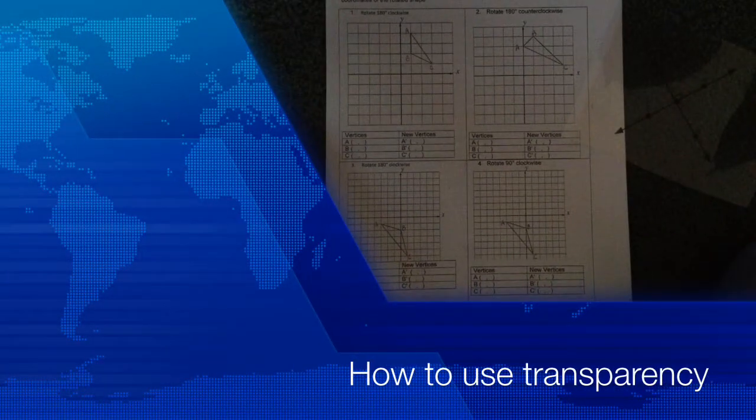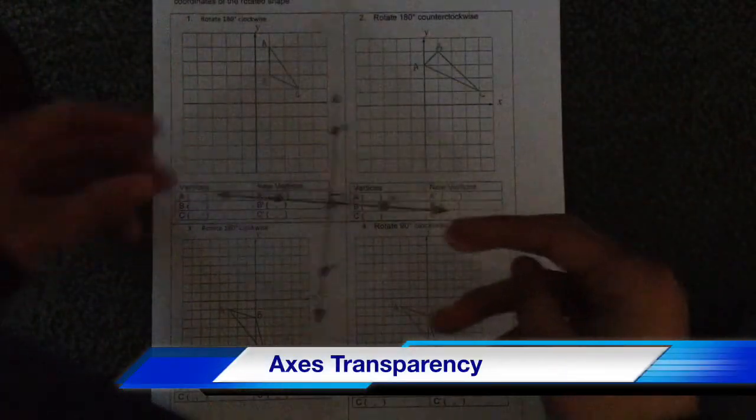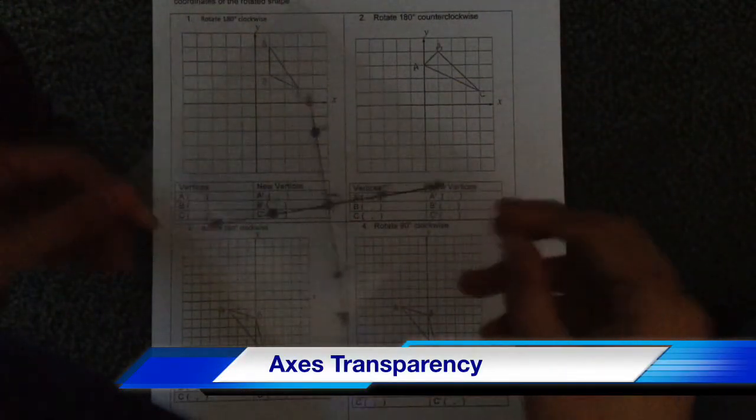So for today's activity, we saw previously how to use the GeoGebra, so you're going to use that just like normal, or you can try using these new handy-dandy transparencies with our axes on them. So to show you how to do them, on our packet for today, it wants us to rotate this triangle